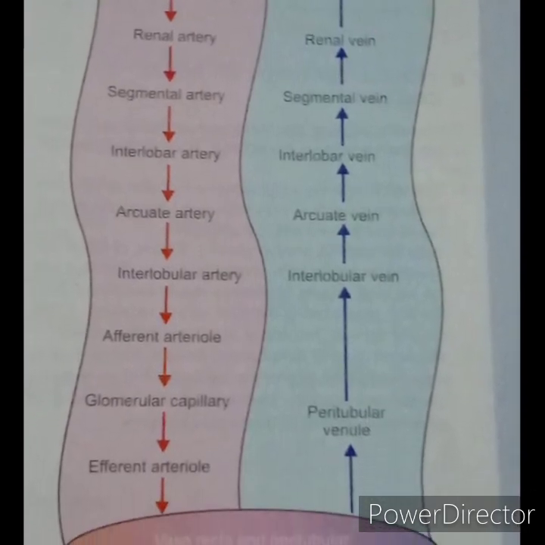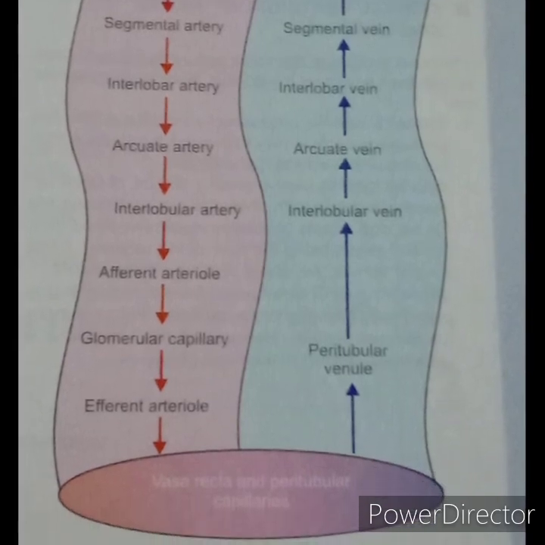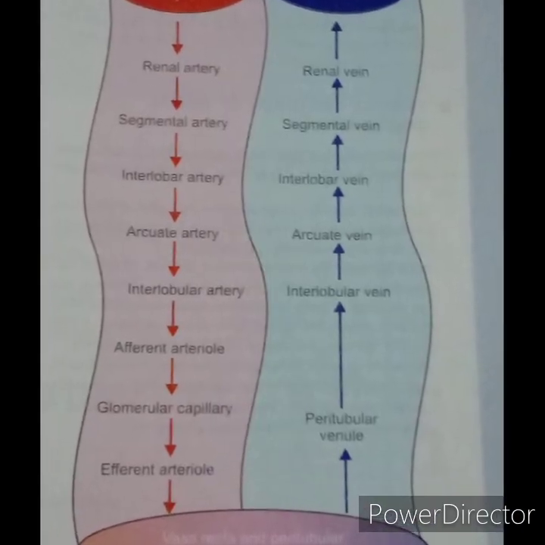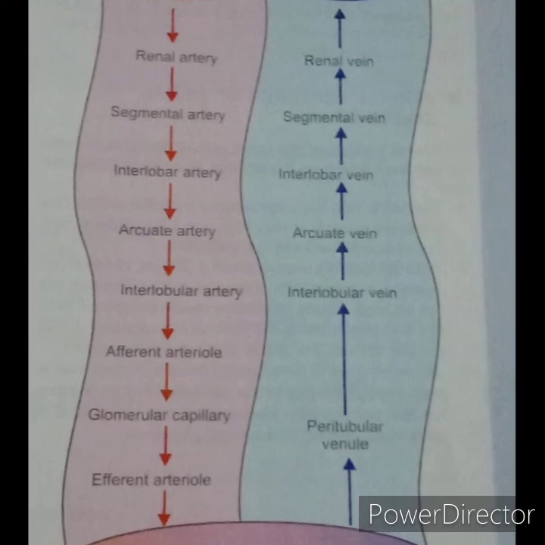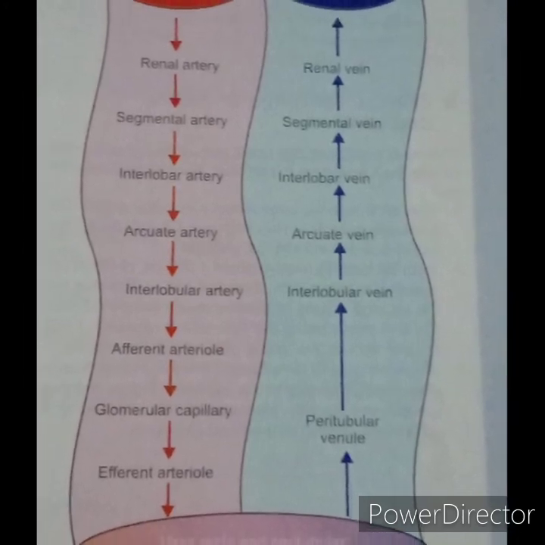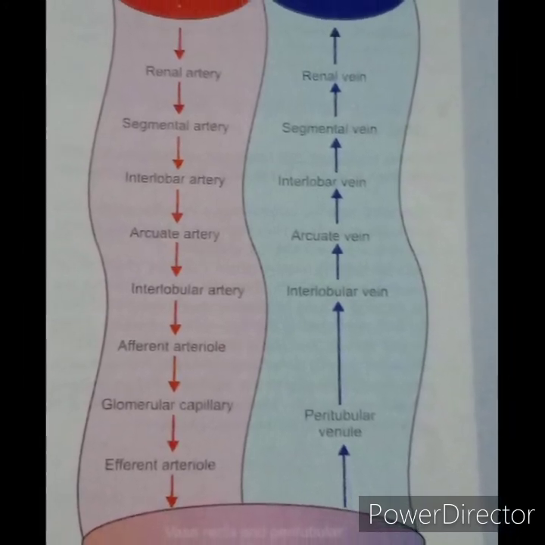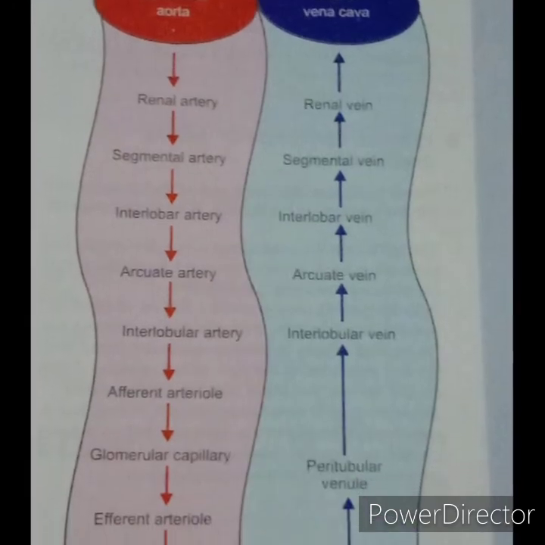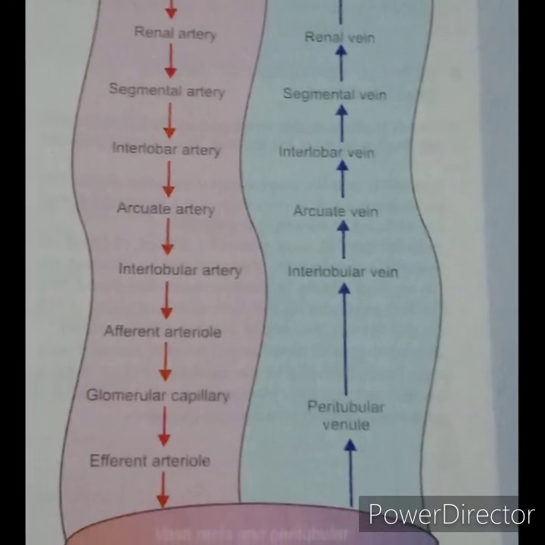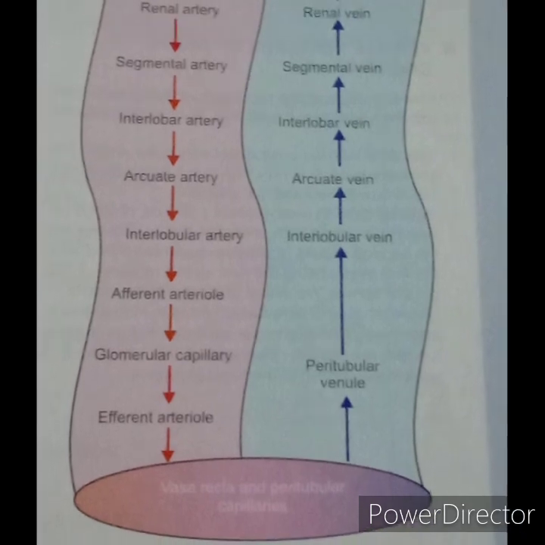Seventh point, the autoregulation of renal blood flow is well established. It maintains the renal blood flow when the mean arterial blood pressure varies within the range of 60 mmHg and 180 mmHg. The autoregulation is mainly due to activity of macula densa.